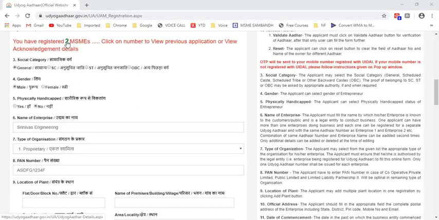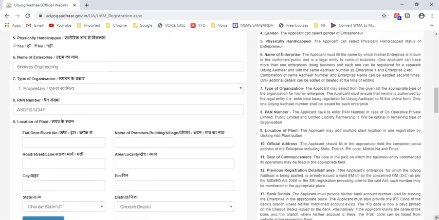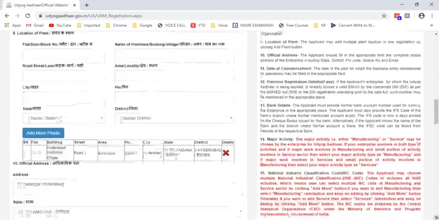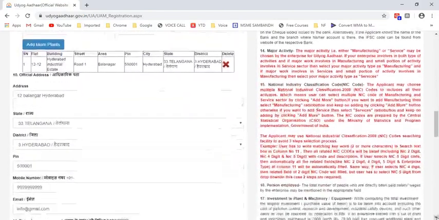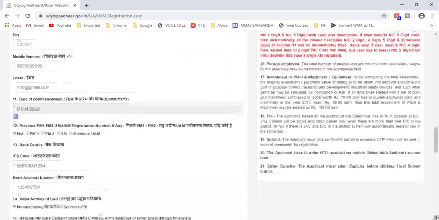Click here, it will take you to the new site where you have to update your Udyog Aadhaar. There you can change the details, you can add plant details, you can change NIC code or add more businesses, add more plants. You can change most of the details in these particulars what we are giving here.